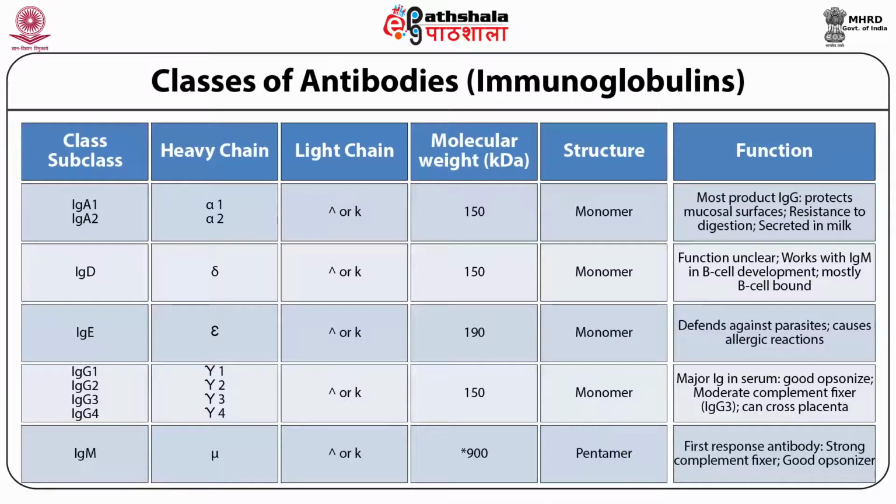The other class of immunoglobulin you see is the IgE antibody. This IgE type of antibody is called a reaginic antibody. This is because whenever there is an allergy or a helminthic infection, this antibody is elevated. It causes allergic reactions, and in the case of helminthic infections, it induces a certain amount of immunity also.